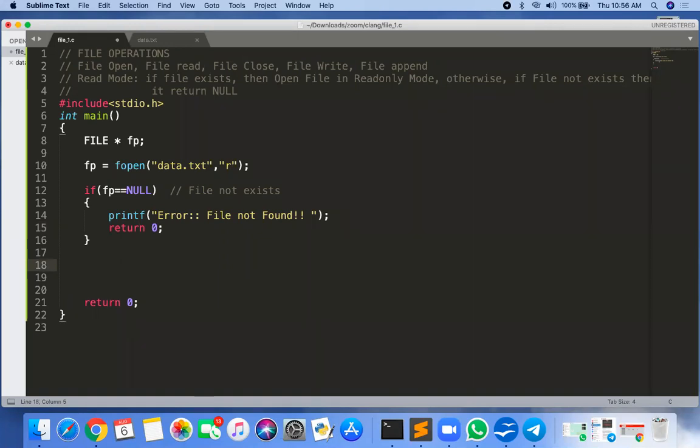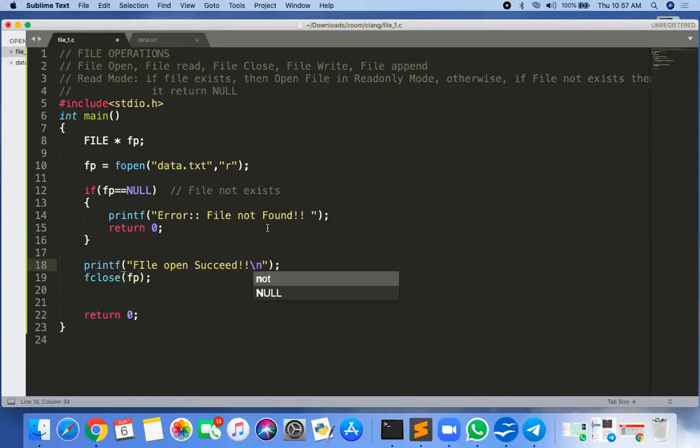In the program we only check whether fp is present or not. We just do one printf statement here, file open succeed, with a newline, and fclose fp.